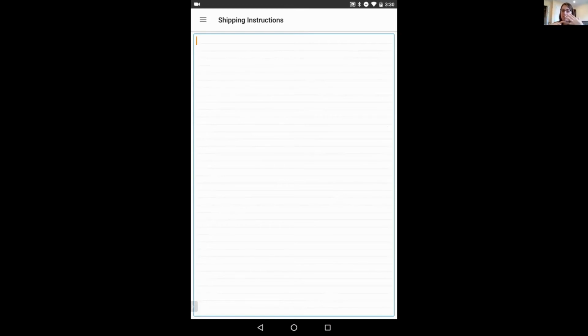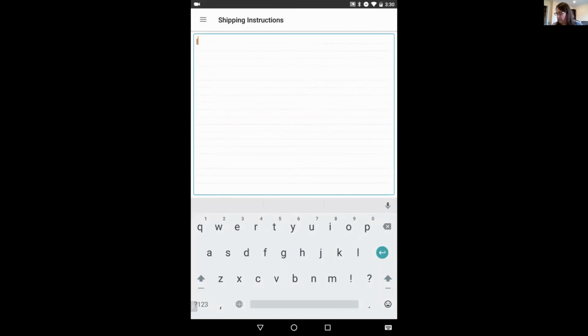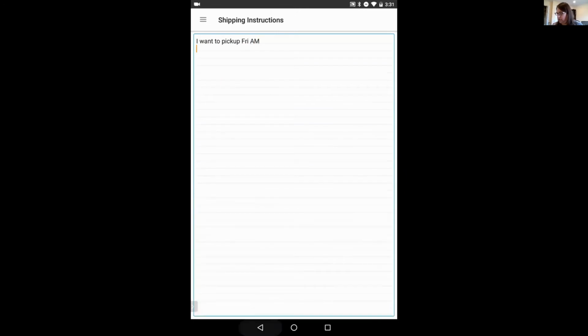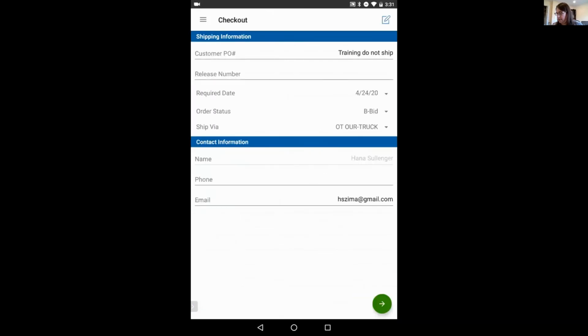Most often it's something if we're delivering to you, about calling ahead before we get to your location, or it'll say something about where we've staged the product so that we know where it is when you call. This is where you can leave us notes of information. I want to pick up Friday AM. And once you have what you need, just escape back out, and now that'll be there as a note to our staff